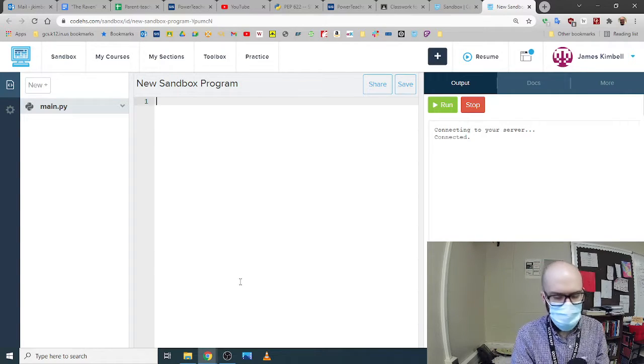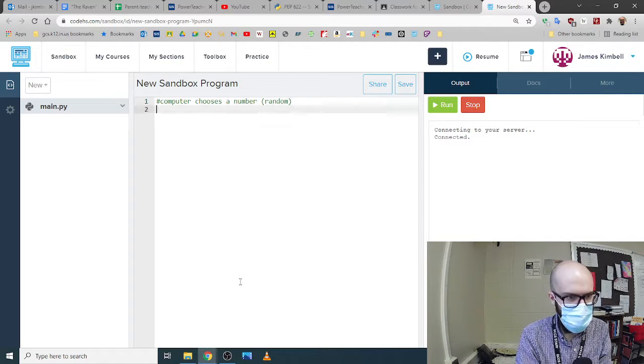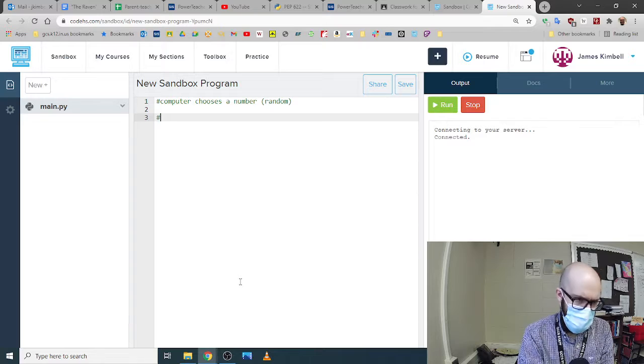Now, let's say we were going to code that, but not code yet. We're just going to write out the steps. Okay, so the computer chooses a number. I'm going to say random, but it doesn't have to be random. The user doesn't see it. And if the user only plays once, then they'll never have a good idea of how it's happening anyway. And then